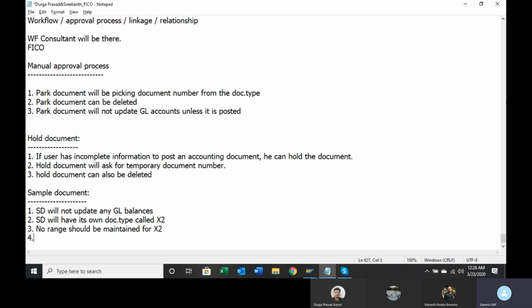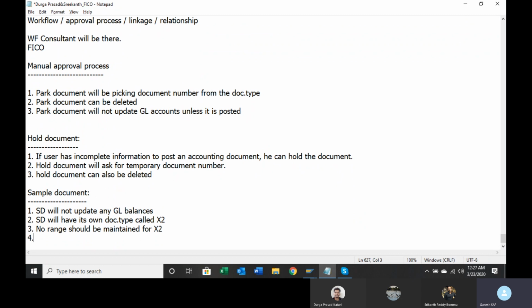Why do we need a sample document? Assume that you are a manager and new executives or new employees are in your department. Every time they come and ask, sir, how to post an asset document, an expense document, a liability document, an income document, your work will get disturbed.